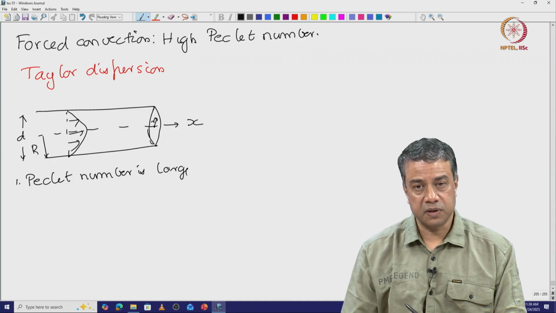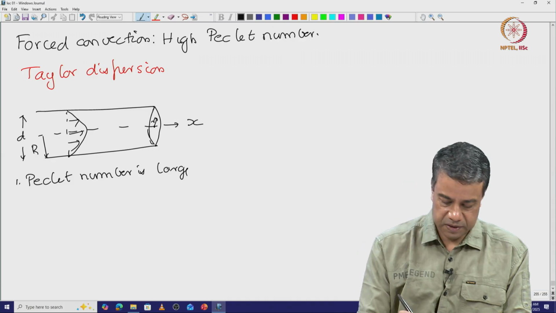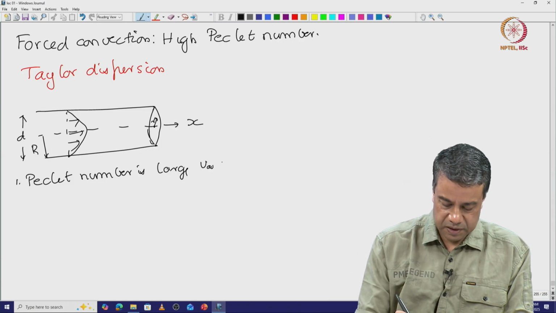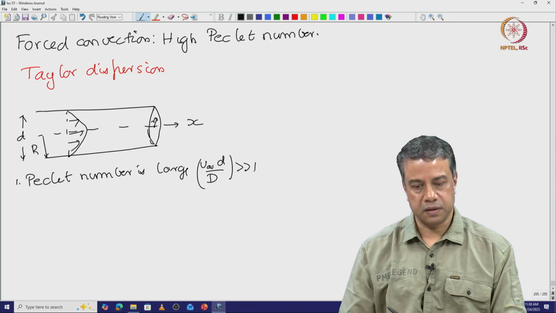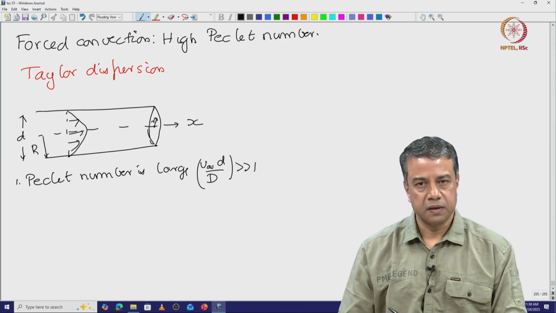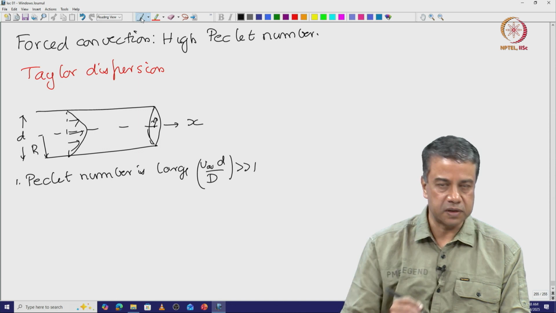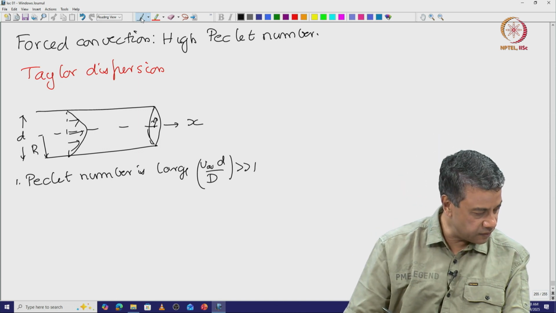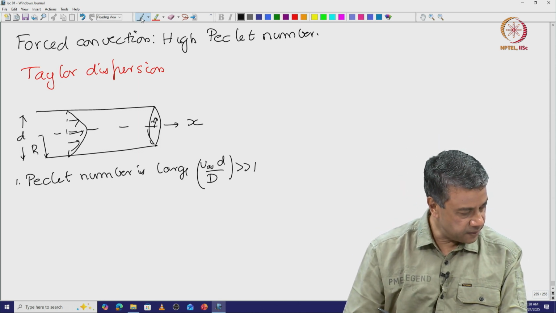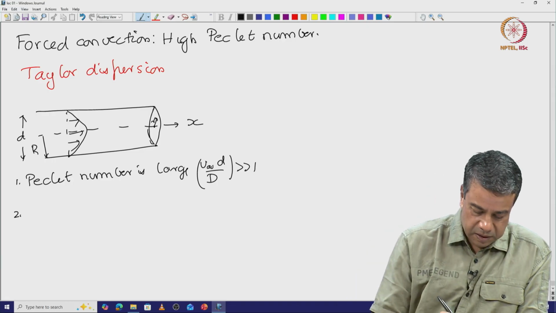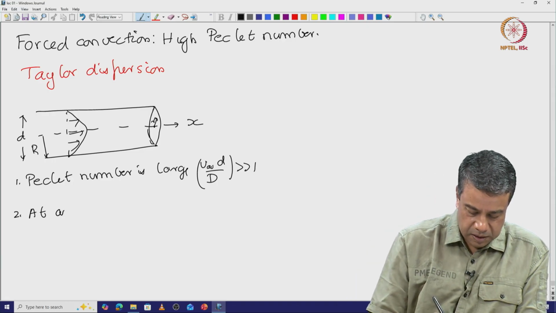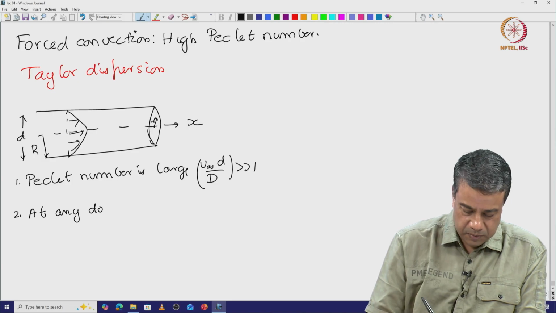Peclet number based upon the pipe diameter and the average velocity, V average d by D, is large, where capital D is the molecular diffusion coefficient. Second, at any downstream location,